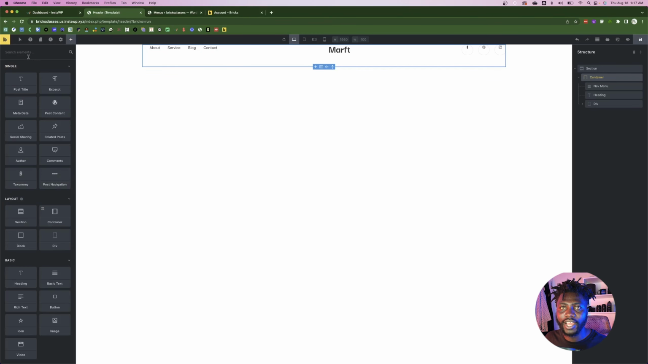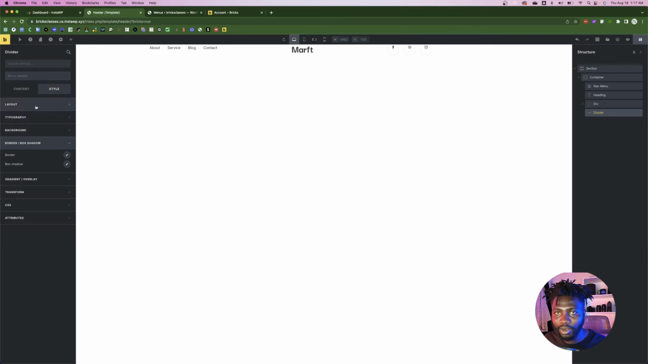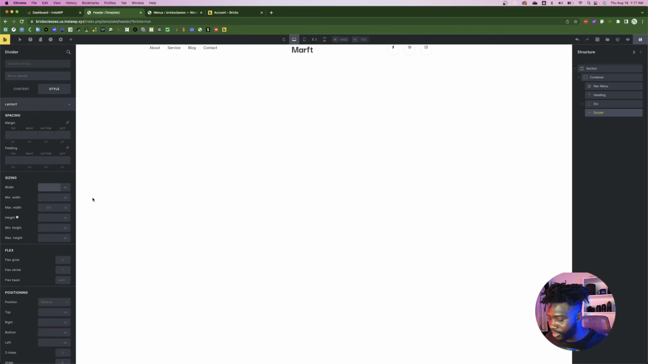So let's try and add a line. Is there a divider over here? Okay, we have a divider. I'm going to click on this divider and then go to styles. I want to make the width 100%,